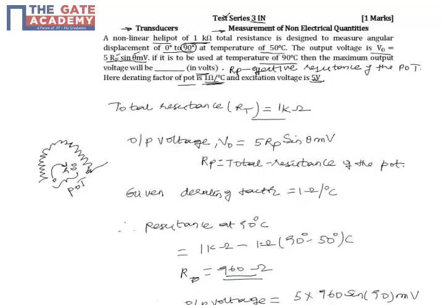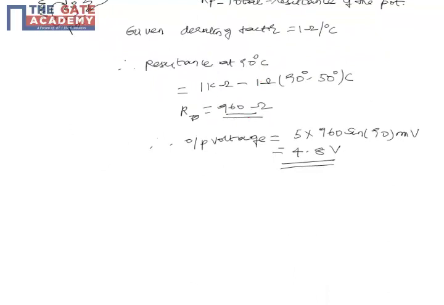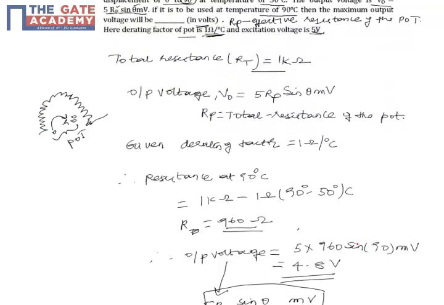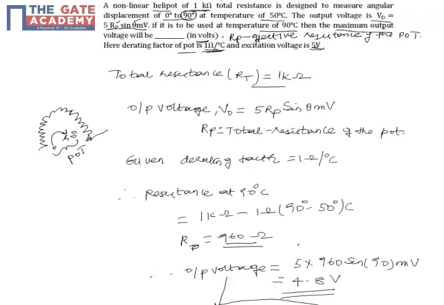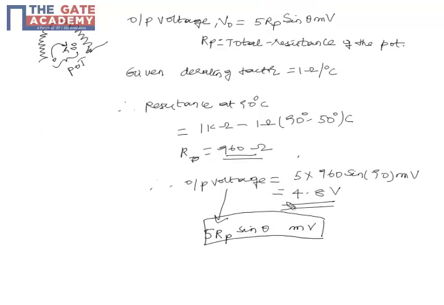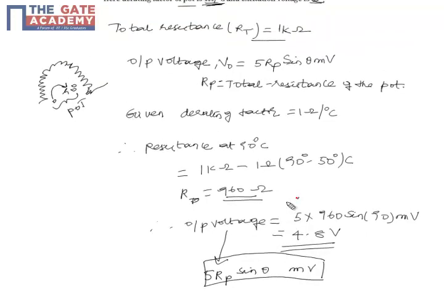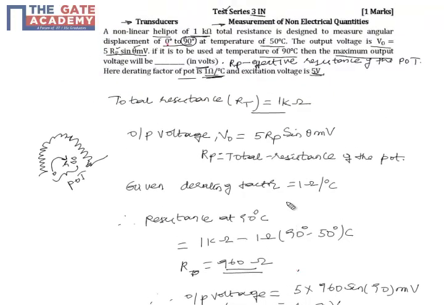So we know all the quantities. Now we can substitute in the output voltage expression given in the question. I write down here the output expression is 5 times Rp sine theta millivolts. This is my governing expression of output voltage from the given heliport. We now substitute all the quantities: 5 into 960 into sine theta. Why we are taking theta as 90 degrees is because we are asked to calculate, this is very important, the maximum output voltage from the pot. So when I substitute theta as 90, the output voltage is 4.8 volts. So here the correct answer is, in terms of voltage,